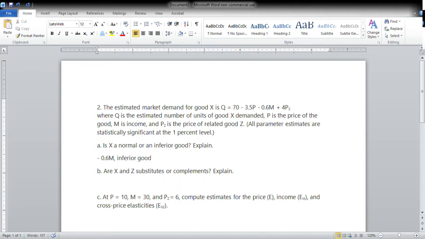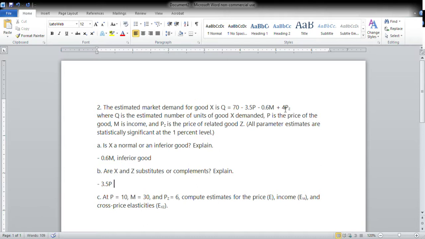Are X and Z substitutes? Again, this isn't math. I mean, well, it's math analysis, but you don't have to do any math to solve A or B. Now, we do pretty much the same thing that we did with A, only now we look at the price of Z in relation to the price of X, or the factor of the price of Z and the factor of the price of X. Now, because the factor of X, or the price of X, is negative 3.5,